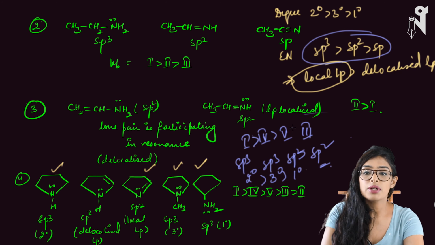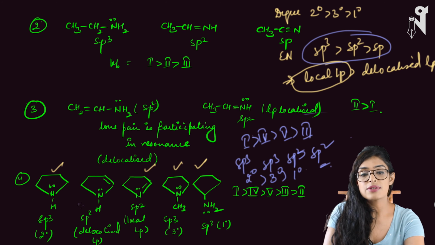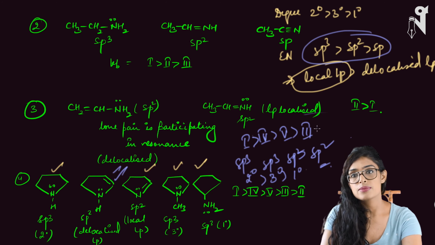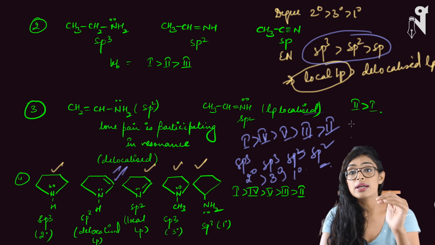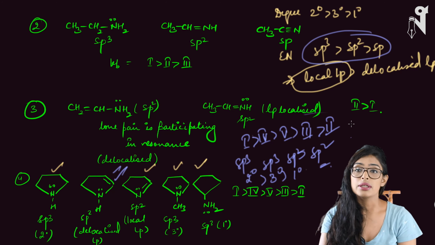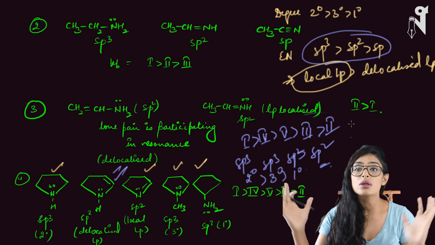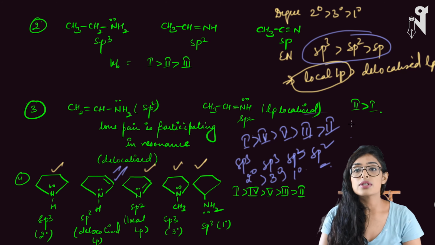And now we will arrange the delocalized one. So delocalized, we have only one, that is the second one. So that will automatically come at the end in the order. This will take some time to understand and arrange accordingly. Use your brain, use all the concepts, give yourself a sweet time, and then solve the question.